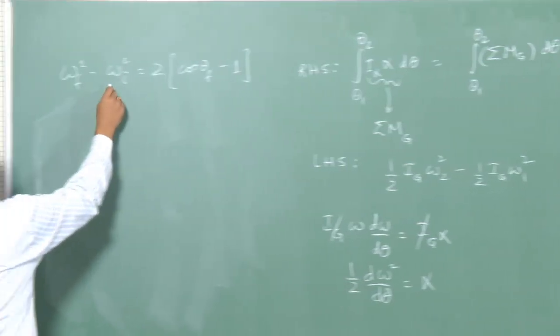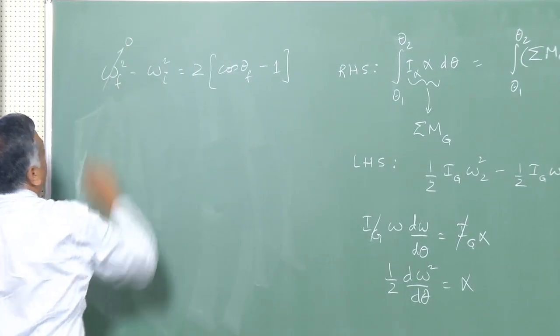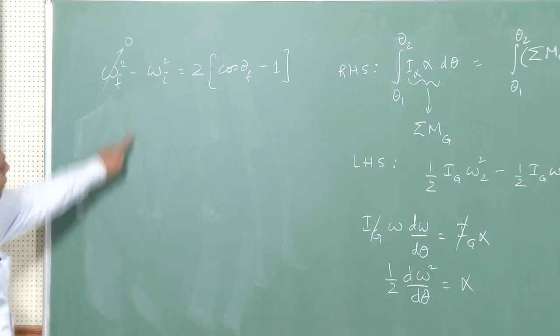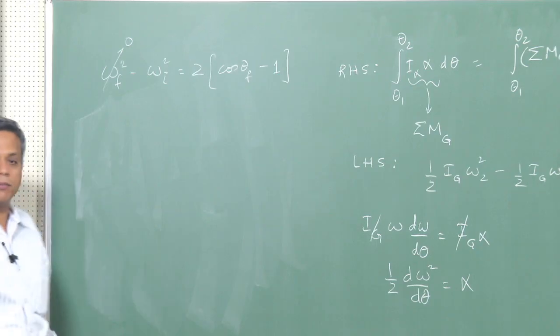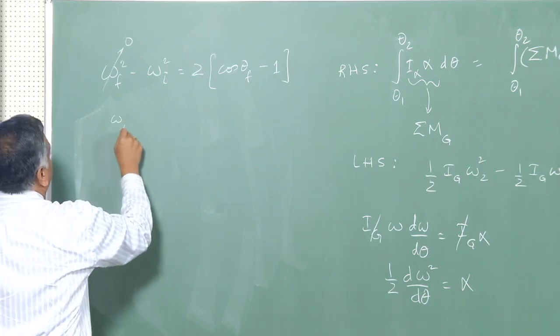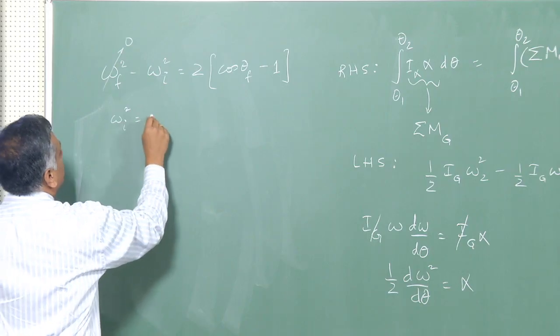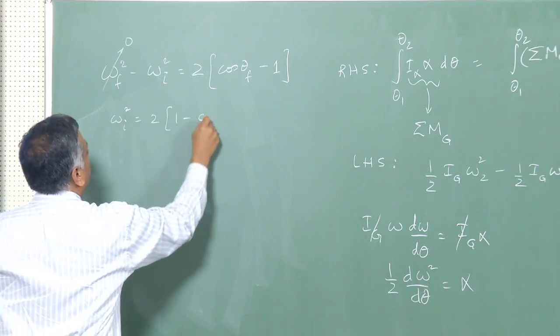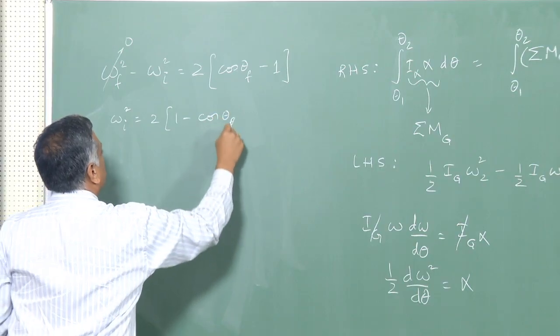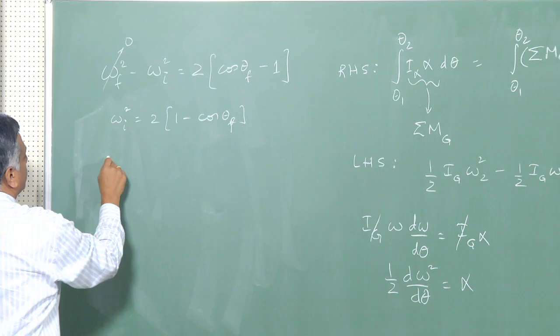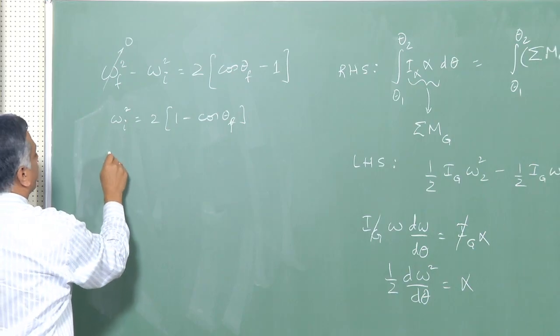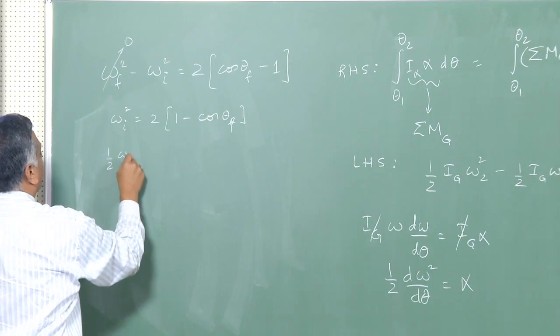Given omega I, what is theta f? I can write this as omega I squared equals 2 times 1 minus cosine theta f, or if I rearrange this a little bit, half of omega I squared